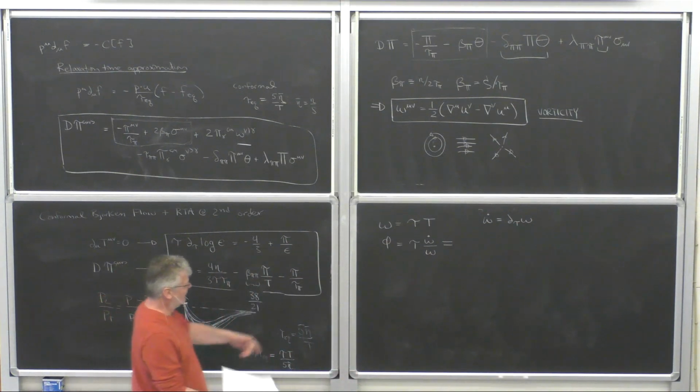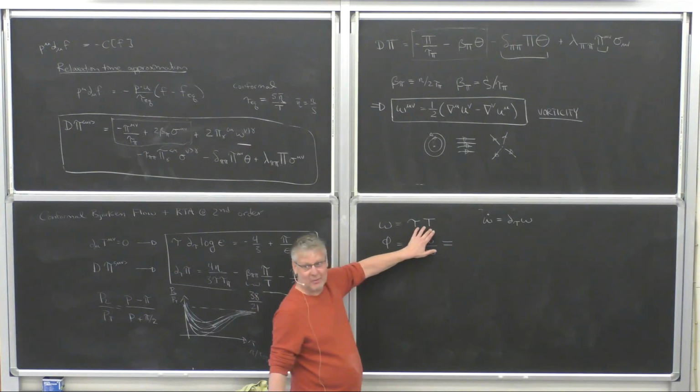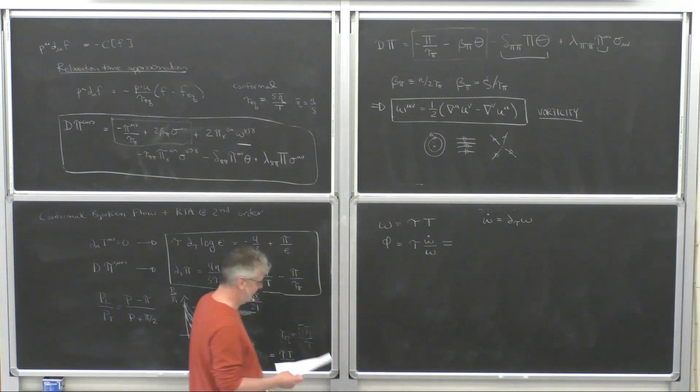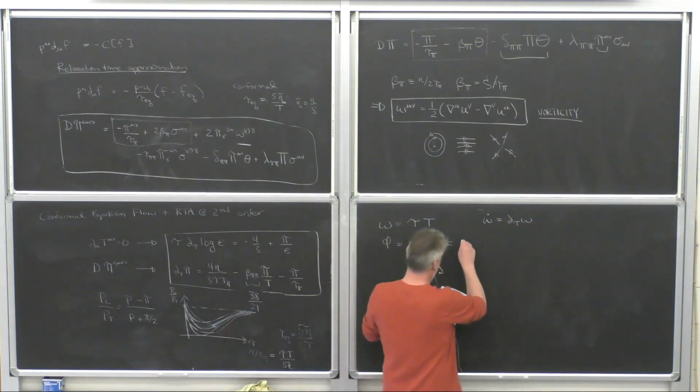I take the proper time derivative here, I'm going to get a T, which I can then re-express as some energy density, and I take the derivative of this T, I can again rewrite it as a derivative of the energy density. In the end, if you do the math,